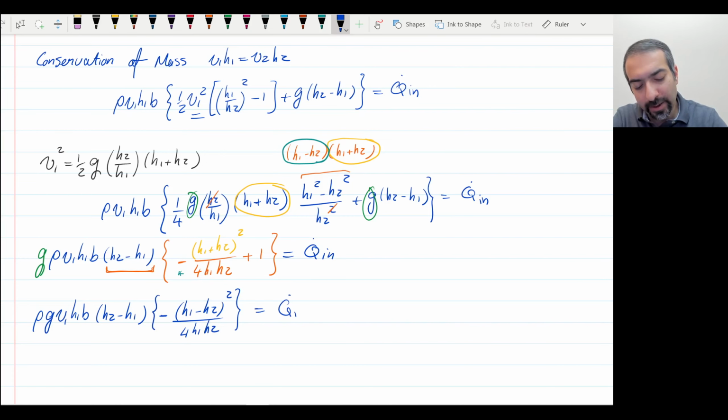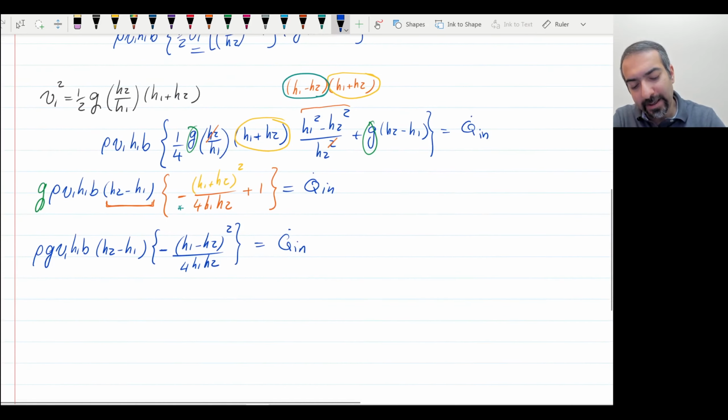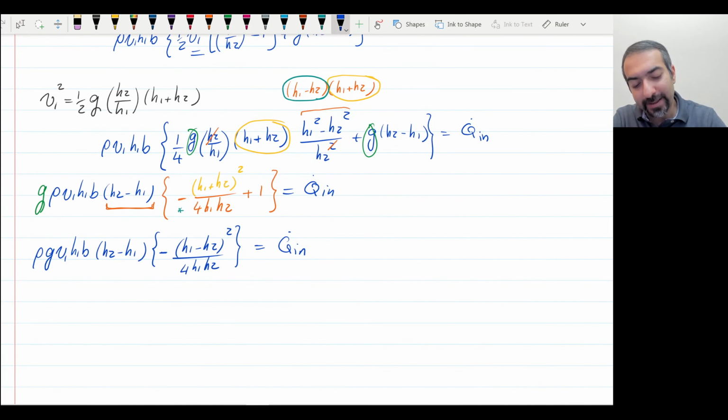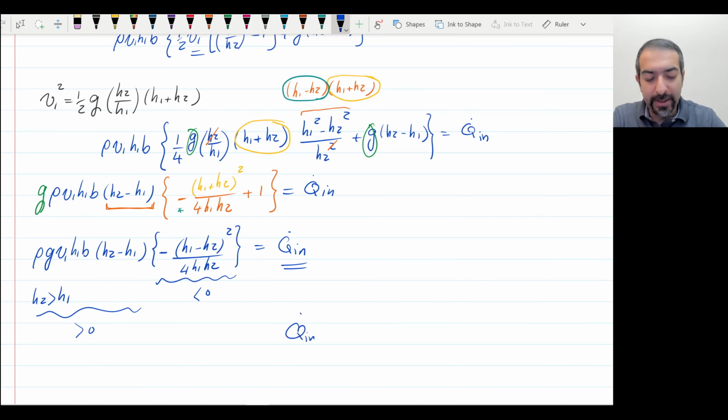That's Q dot in. So we calculated as a function of h1 and h2 what exactly is the heat that has to basically leave our system. And because h2, remember h2 is greater than h1, that's what we got to have a hydraulic jump. And the quantity inside this parenthesis is negative, everything outside is positive. So therefore Q dot in is negative,